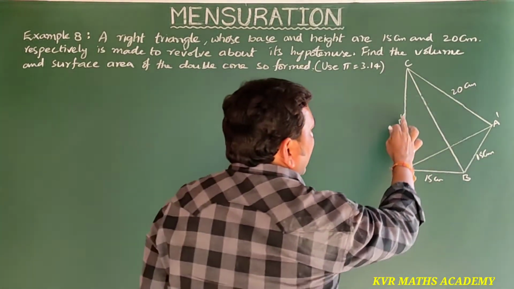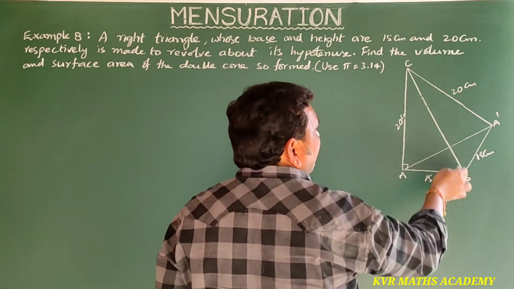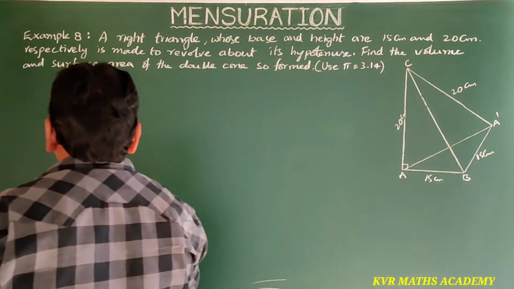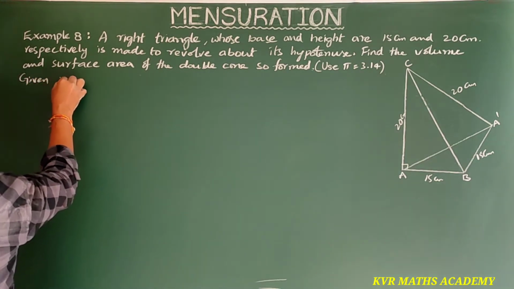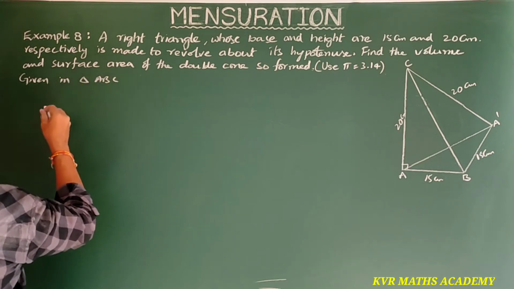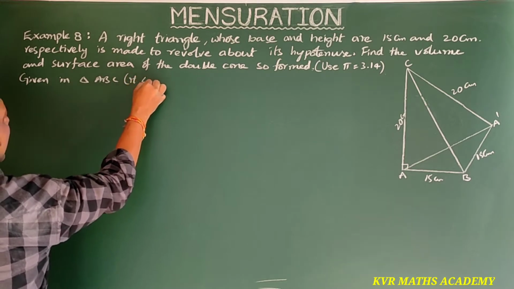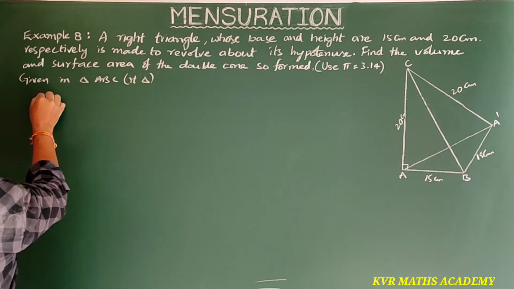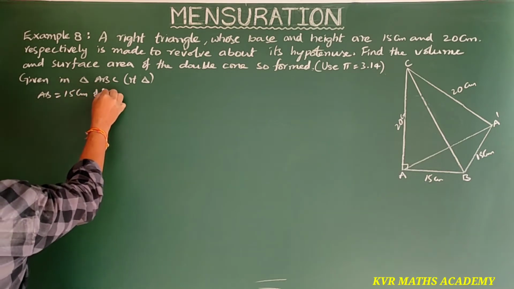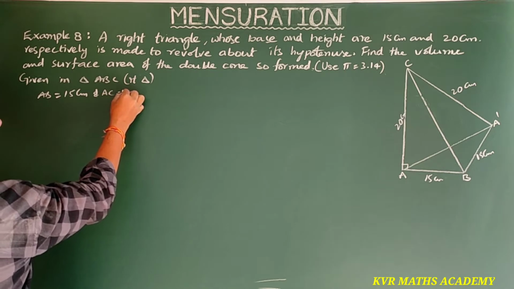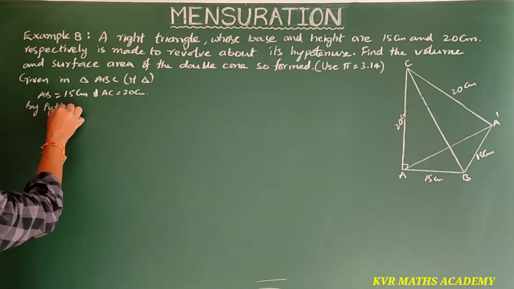See, first ABC is a right angle triangle. First find BC. This is the hypotenuse. Given in triangle ABC, actually this is a right angle triangle. Right triangle ABC, AB is equal to 15 centimeters and AC is equal to 20 centimeters. Now by Pythagoras